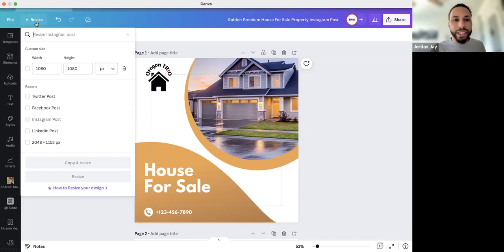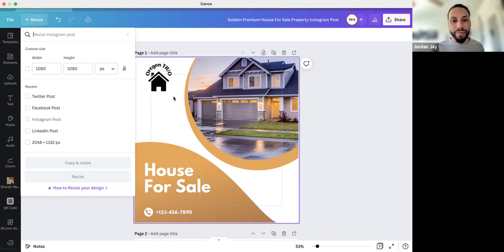So let's start back with that. Resizing is basically just changing the dimensions of your project, of your content, to fit a different medium. This one, like we picked at the beginning, is for Instagram. But if I wanted to create a project for Twitter, and use the same template here,